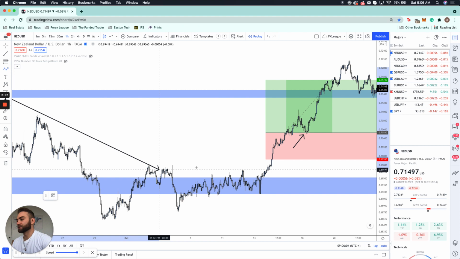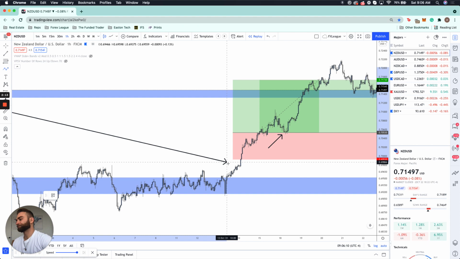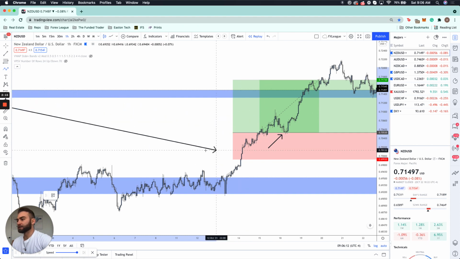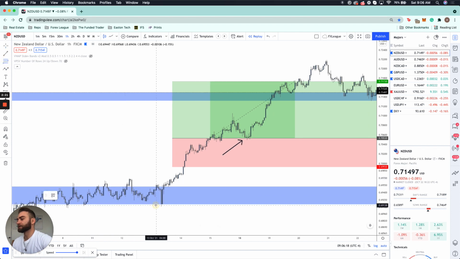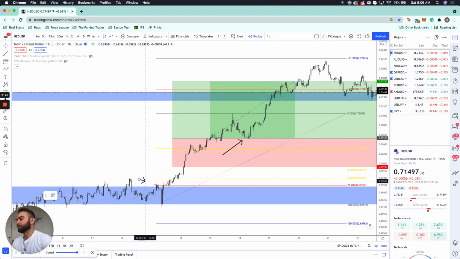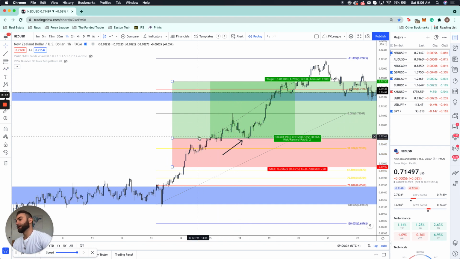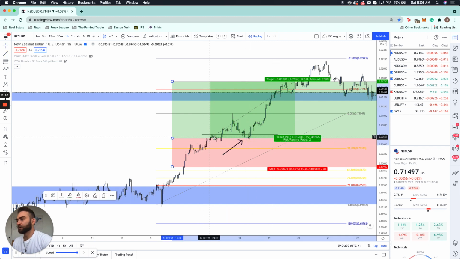We broke the resistance. But once we break the resistance like this, we're always looking for that break and retest, and we're realistically using our fibs for the most part, looking for it to test this 38.2 level. So as we can see, price broke the resistance, then started climbing higher, started breaking these highs, formed this mini higher low, breaking retest, formed this new high, and then we have this break and retest ultimately of this level right here. We had this high point which was broken, we came down here,